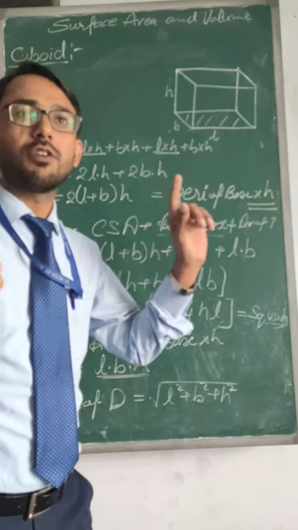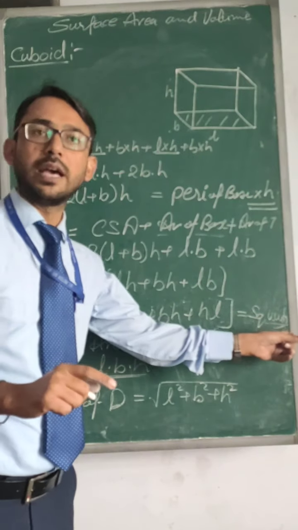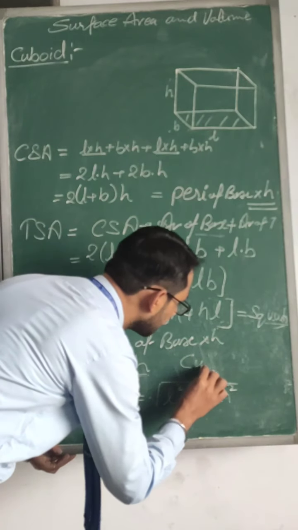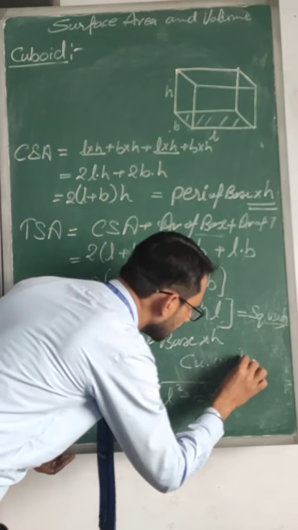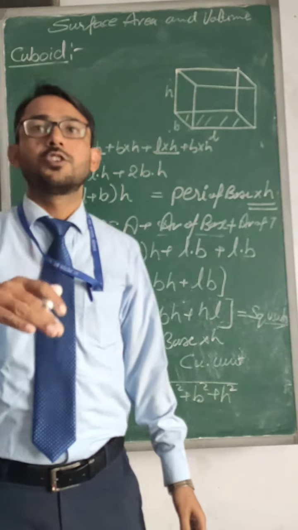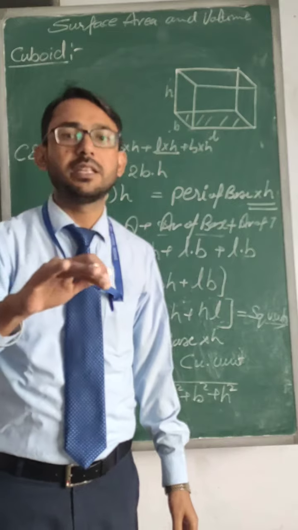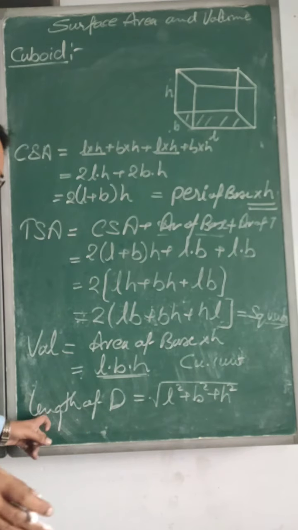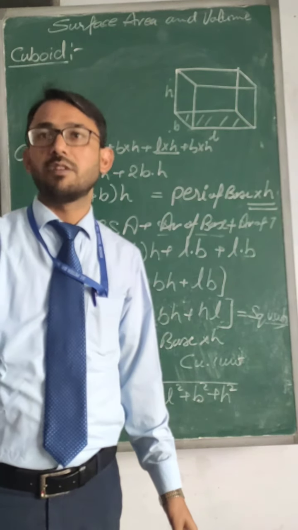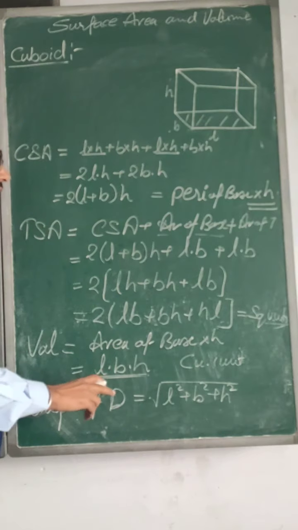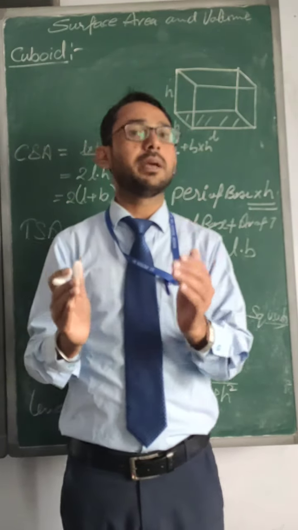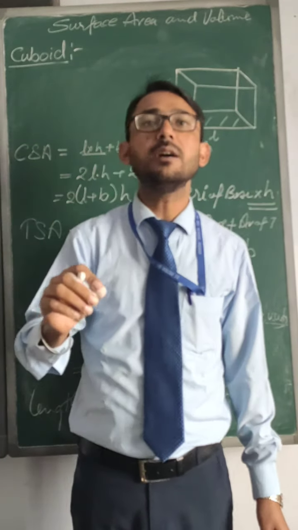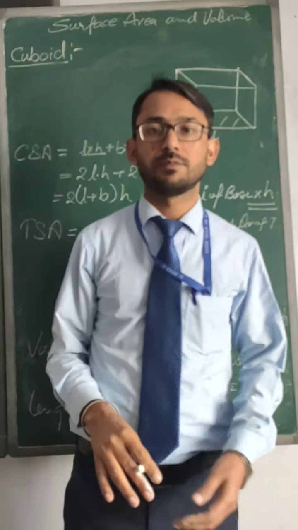Keep in mind, whenever we are talking about area, the unit is square unit. When we are talking about volume, the unit of volume will be cubic unit, like cubic centimeter, cubic meter or centimeter cube, meter cube, whatever is given in place of the unit, that we need to put. Length means it will be centimeter or meter or just unit. So in this way we can calculate. I suppose we will be able to remember at least the identities. If we know the identities, we will be able to solve questions based on them also.